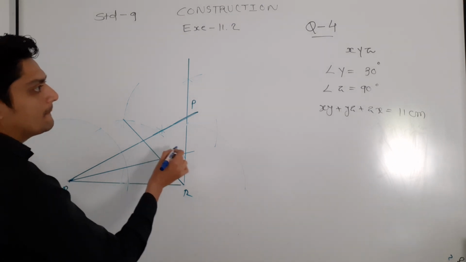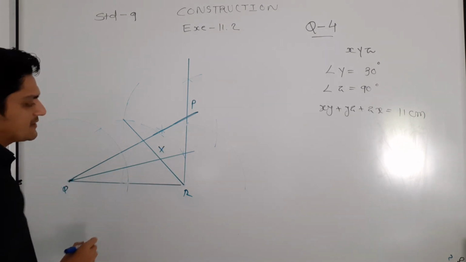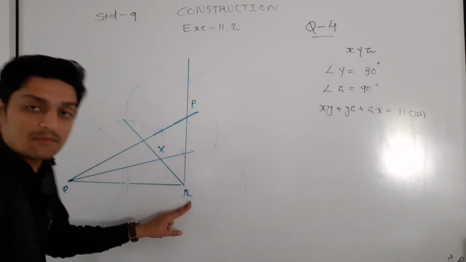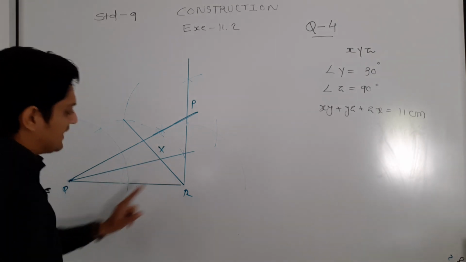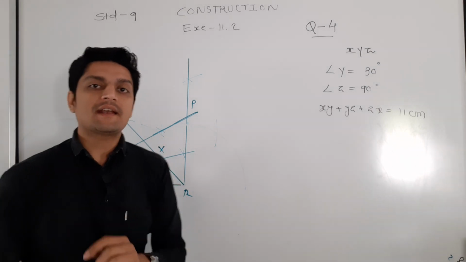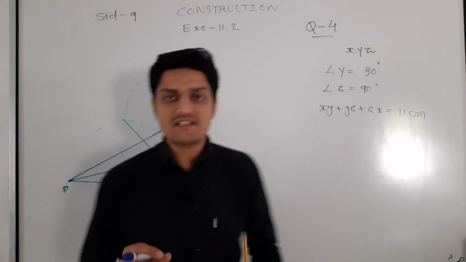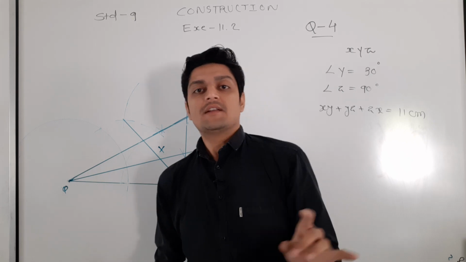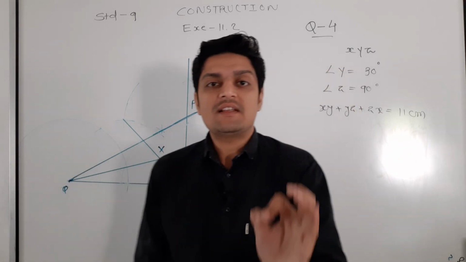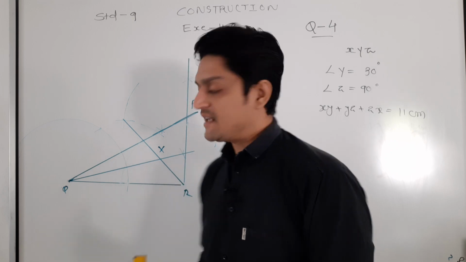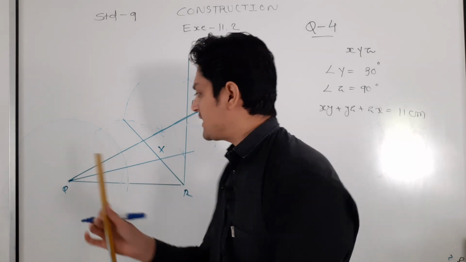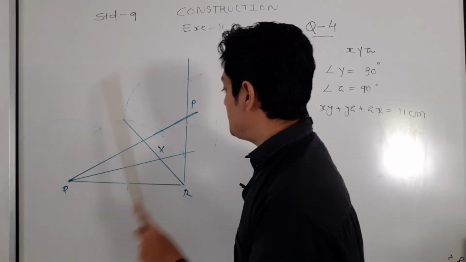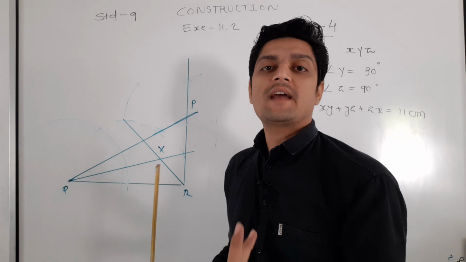And this is your X. Now call it X. Okay. PQR. From the PQR we will get XYZ. Actually the first base which I have drawn, 11 centimeter. So by mistake I gave that name X and Y. Which triangle we have to construct, that name you don't have to give. That was not X and Y, any other name you can give. For example, as I have given here Q and R. Okay. So this is your PQR, and from the PQR we will get XYZ.